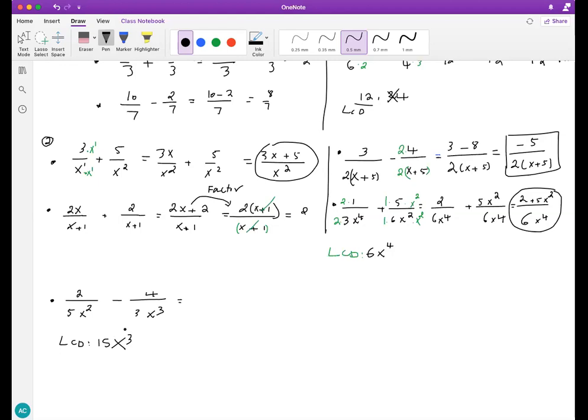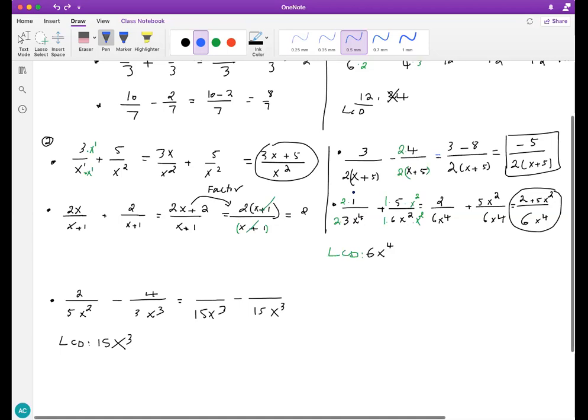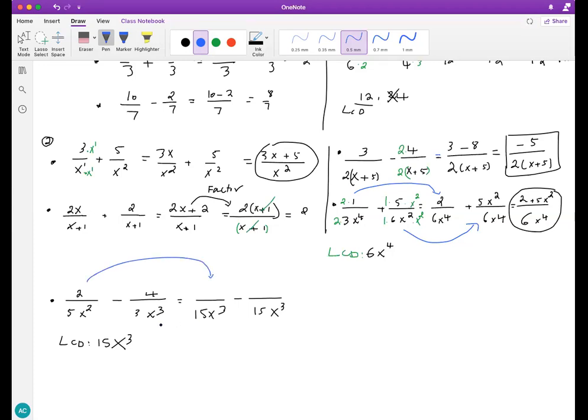The rest is just multiplication. We're going to make these two denominators the same. So you write your new fractions, both with the new common denominator, 15x^3. Basically, we turned this fraction into this one. Same thing, now we're going to turn this fraction into a new fraction, and this one into that. All right, let's start with the first one. We want to turn 5x^2 into 15x^3. We're going to turn 5 into 15. How do you turn 5 into 15? We multiply it by